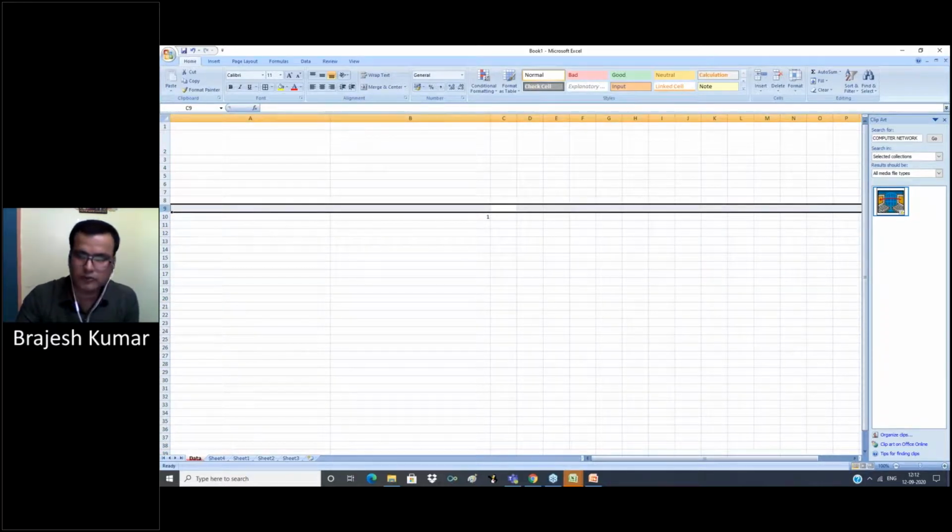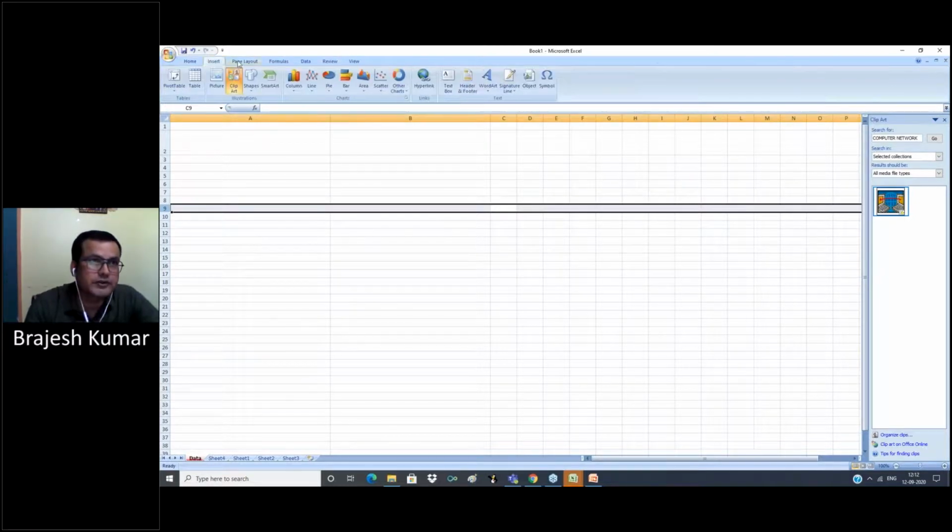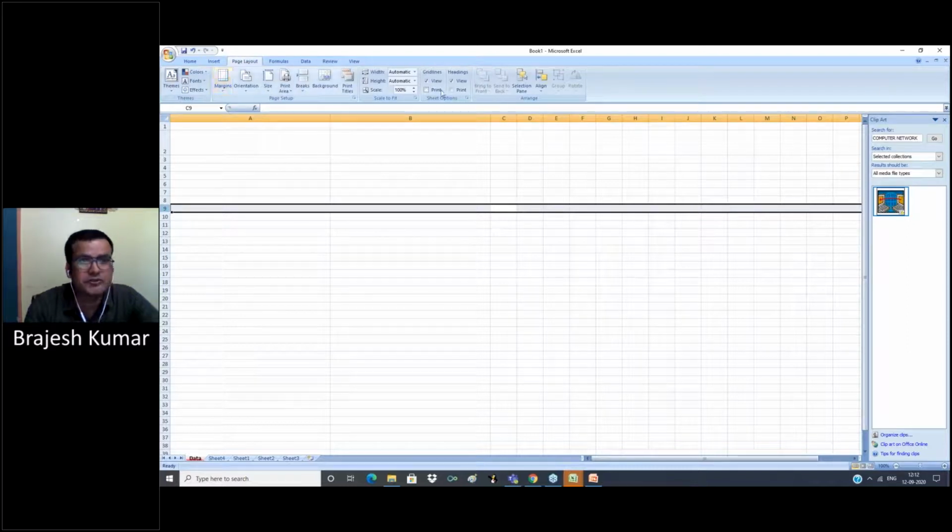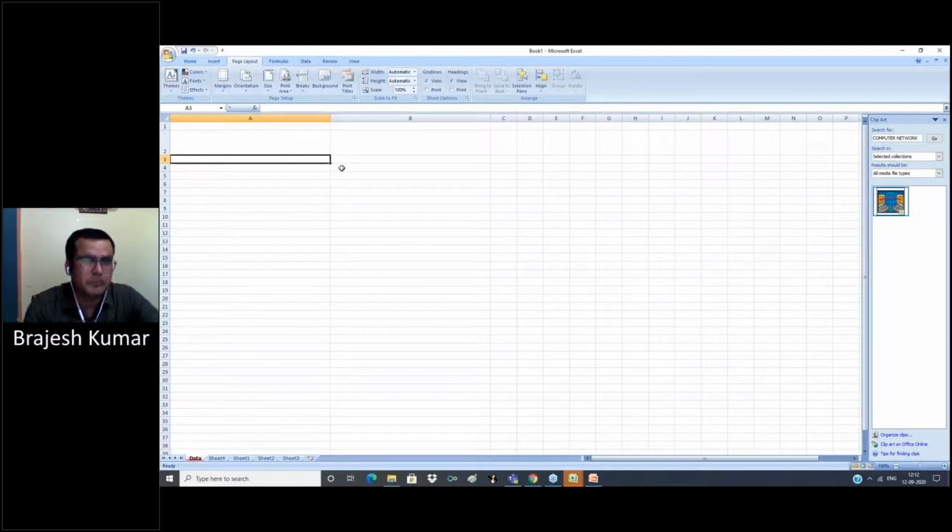To delete, Control minus. So we use shortcut keys to insert and delete rows and columns, as well as the option in the menu.